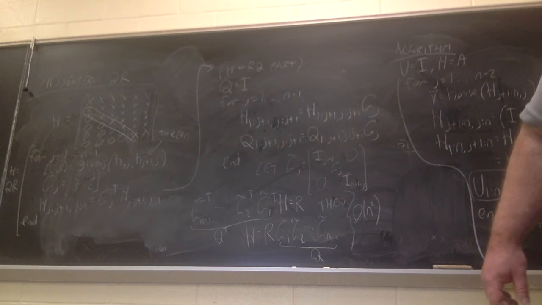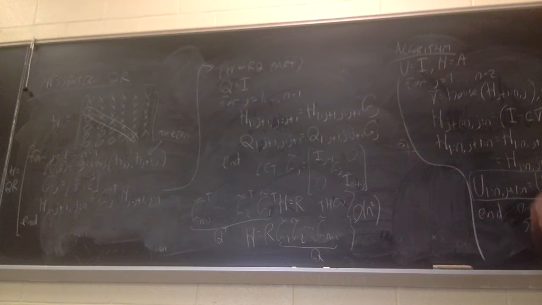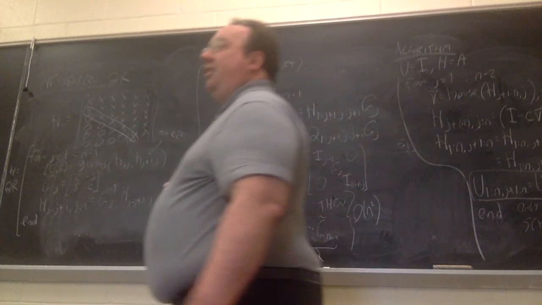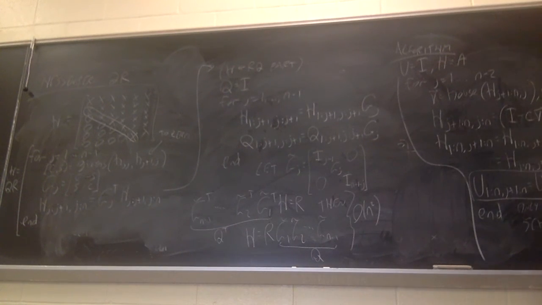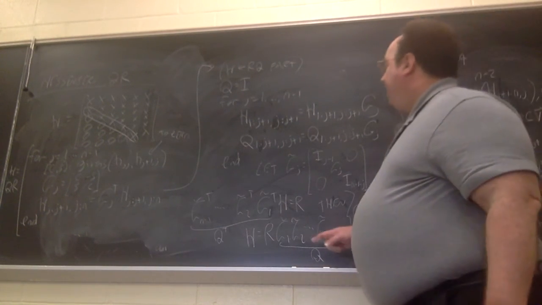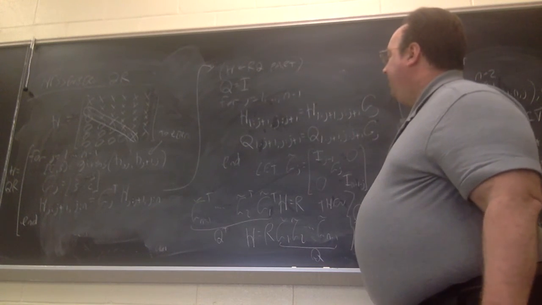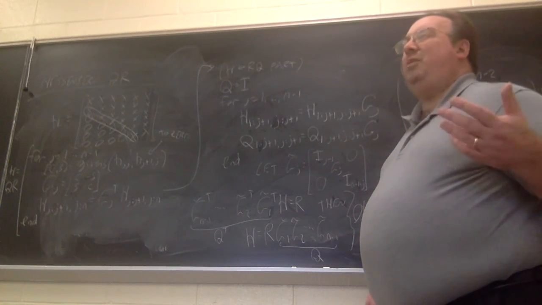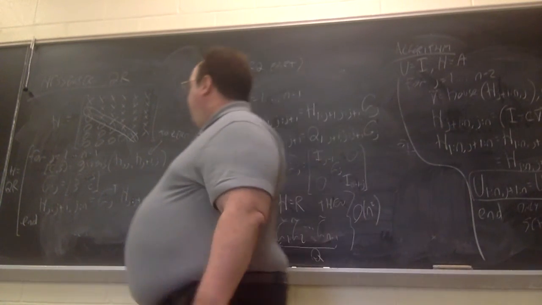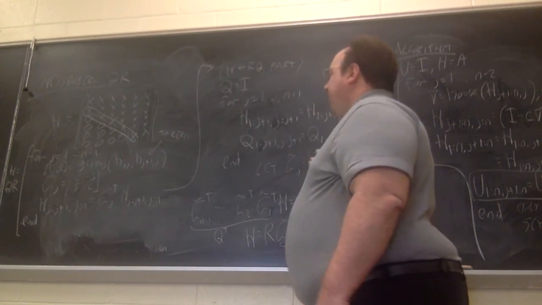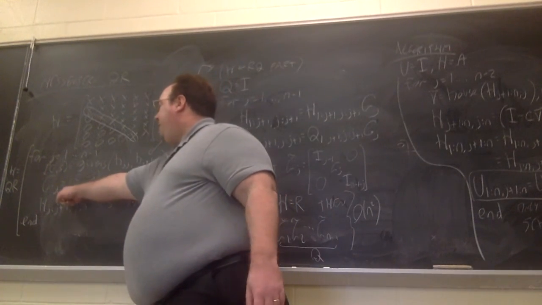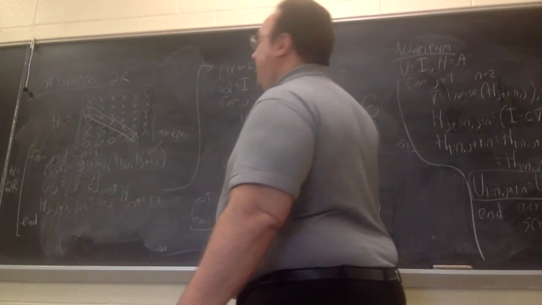Now, one other thing that's worth pointing out about this algorithm, notice I do all the row rotations first to make H upper triangular. Then I apply all the column rotations in a separate loop after that. You might think, why does that have to be done that way? Why not do a row rotation, then a column rotation, then another row, another column, just keep alternating like that? Because that way I wouldn't have to store these in this loop to use in this loop.